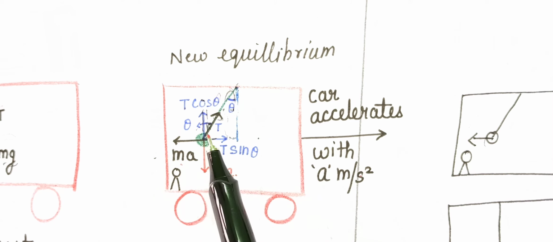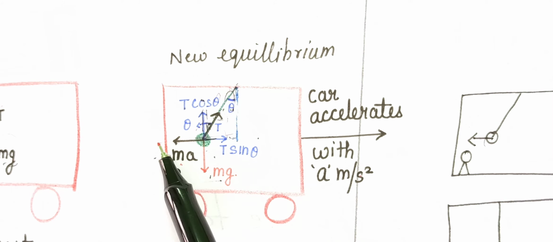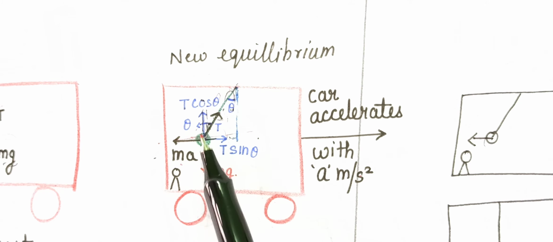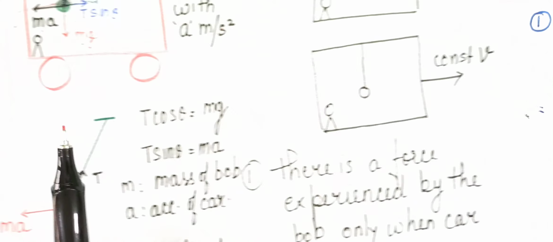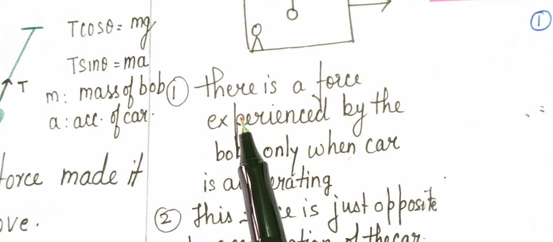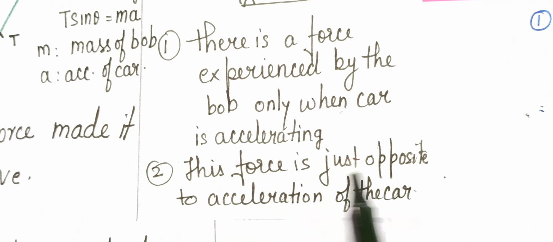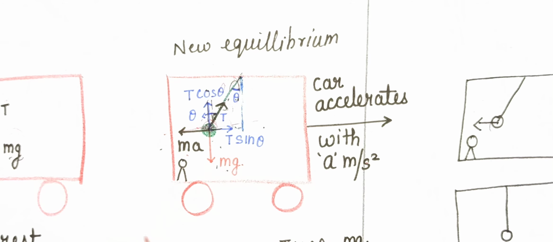लेकिन वो ये भी देखते हैं कि पेंडुलम ऐसा लगता है जैसे किसी फोर्स ने पेंडुलम को लेफ्ट डायरेक्शन में फोर्स लगाकर धक्का दिया. पेंडुलम शिफ्ट हुआ, पर कुछ हुआ कि पेंडुलम इस नई पोजीशन पर आकर बैलेंस हो गया. तो मिस्टर ए ने दो कंक्लूजन्स निकाले. उन्होंने कहा कि यहाँ पर एक्सेलरेशन की वजह से there must be some force which is experienced by the bob, and also he said that this force has direction just opposite to the direction of acceleration of the car. लेकिन सवाल अभी भी था कि ये जो फोर्स है, जिसको नाम दिया स्यूडो फोर्स, ये फोर्स कितना लगा।